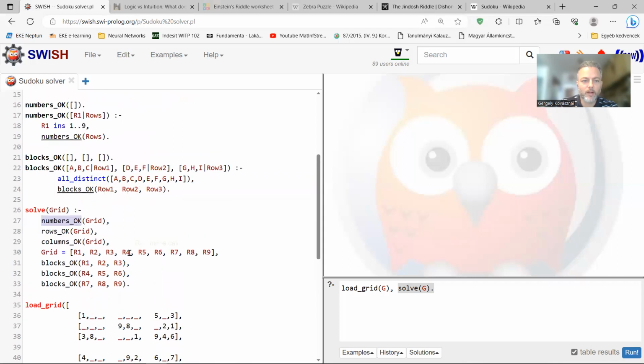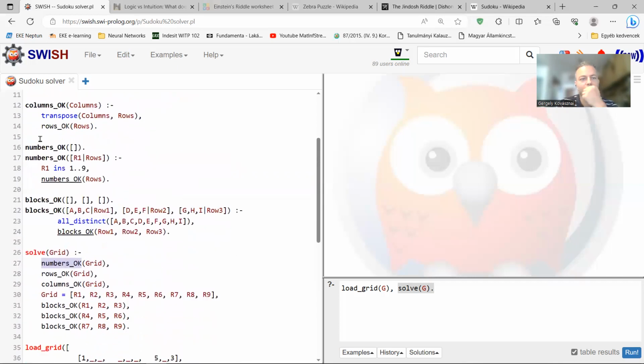Let's check out the numbers okay predicate first. This is a quite normal recursive rule. We check out the first row in the head of this list.